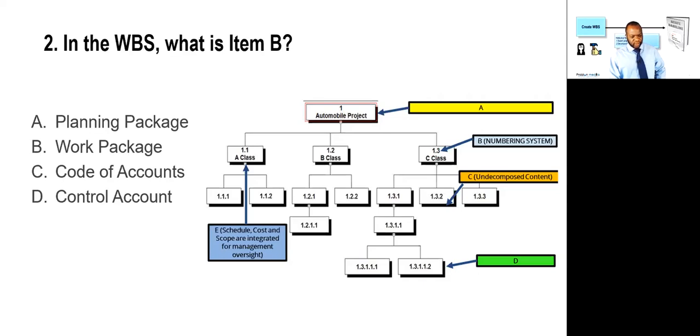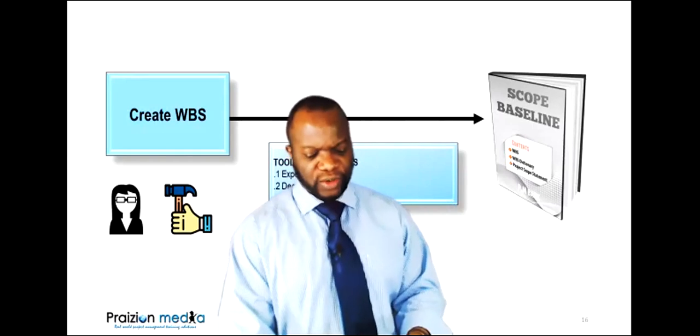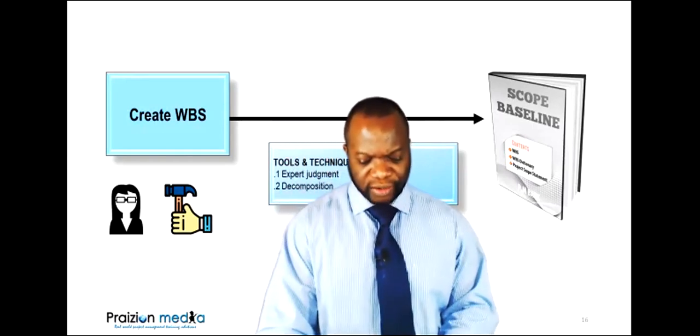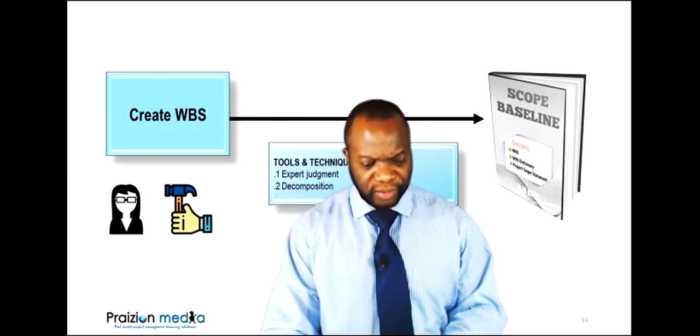It seems like majority of us chose C. Item B says numbering system. And I did say just before we started, the numbering system is known as a code of account. So let's stop for a second, because I'm not just here to show you slides. I want to add value to your prep. For those who may not be familiar with PMI's